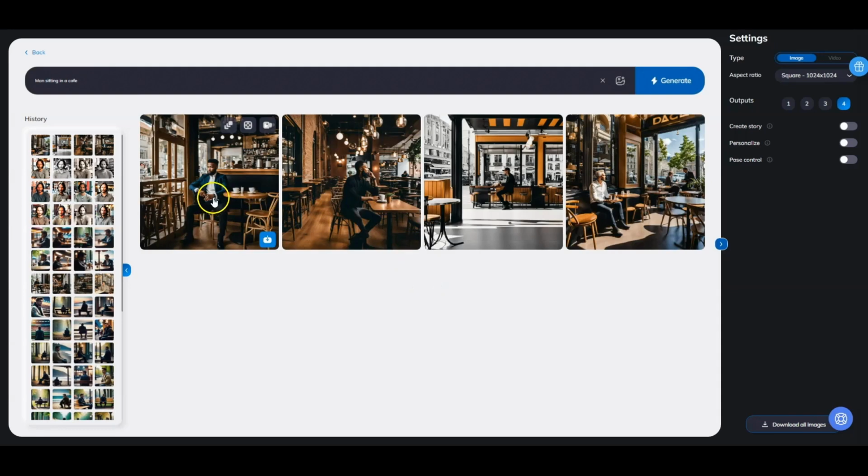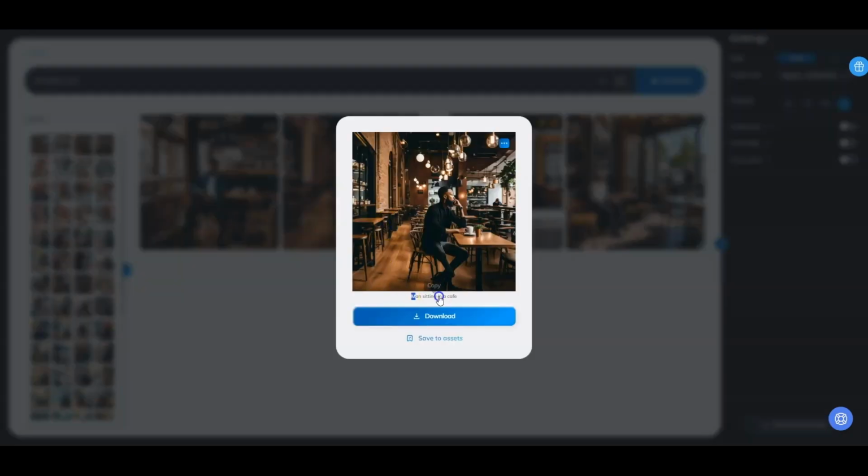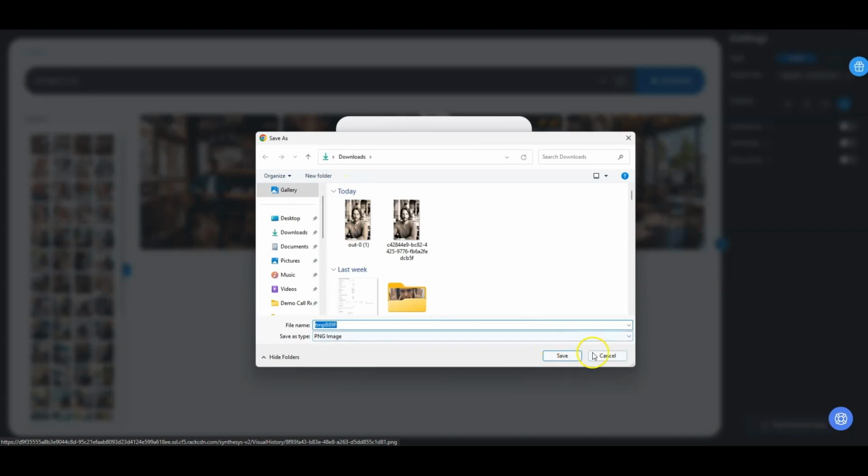So can you see here? You have 4 images of people who are sitting in a cafeteria, right? So you can easily download them onto your computer, whichever image you like. If you click on it, you'll also get to see the prompt here. And you have the option to save it to assets as well. And if you want to download it, you can click on download and it'll be downloaded onto your computer,